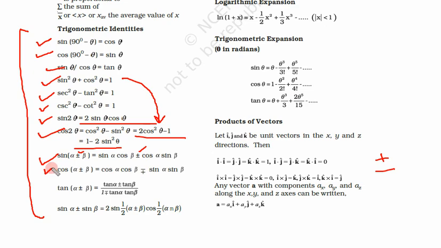Now for cos, what is the difference? Cos alpha plus beta. So plus is on upper side, negative on the lower side. But when we see the formula, it is reversed. So that means when we put the plus formula, cos alpha plus beta, what we get? Cos alpha cos beta minus sin alpha sin beta. If we put negative first, what we get in right side formula? Positive. Cos alpha minus beta is equal to cos alpha cos beta plus sin alpha sin beta.